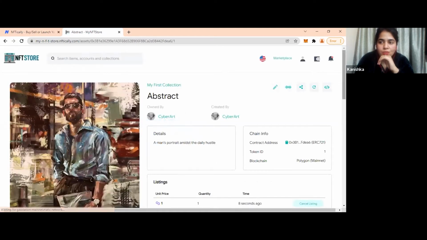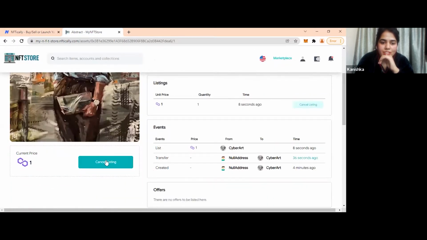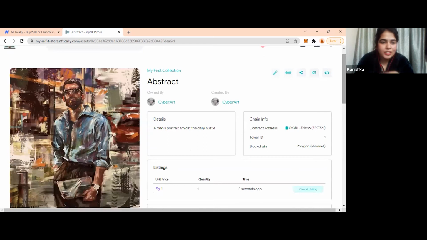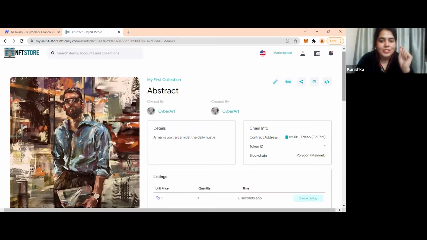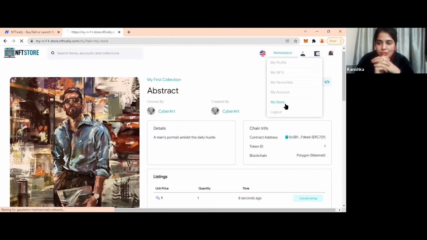Yeah. So our asset is on sale. Now you can see I have put this up on the sale. So anybody who comes to my store and sees this NFT is on sale can purchase it. This is how easy, how efficient the system is. And I'll just steal this opportunity to show you the interesting features we are providing to all our store owners. It'll just take a few moments.